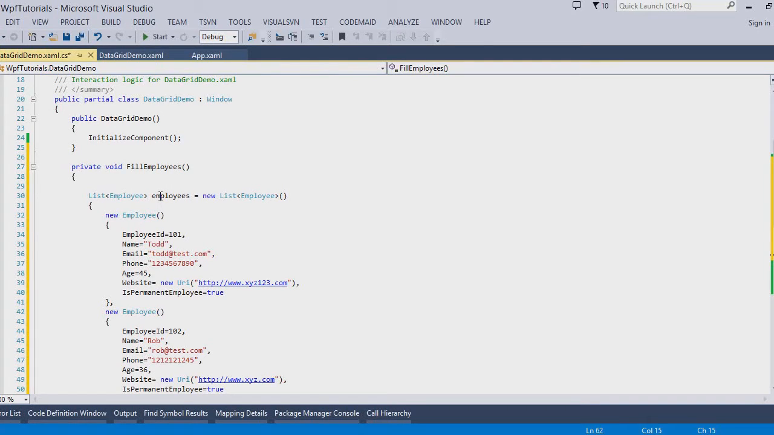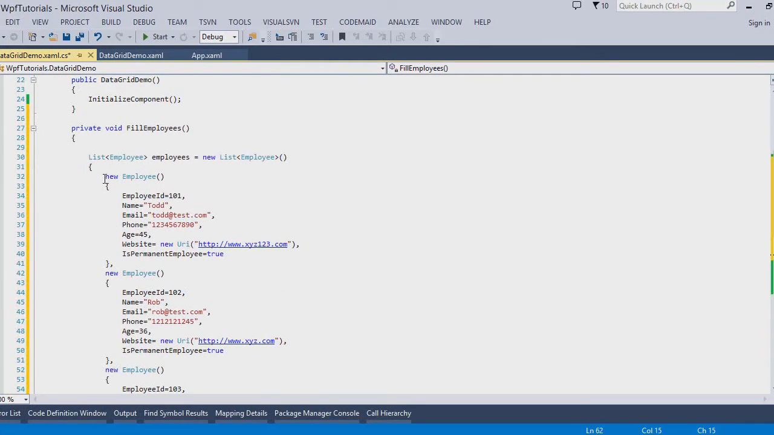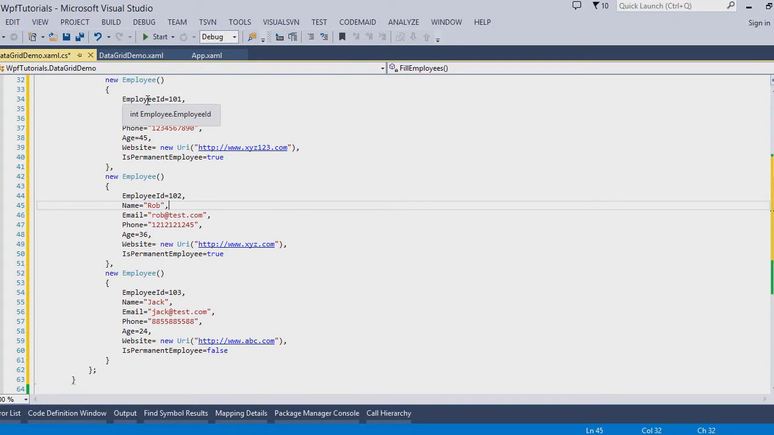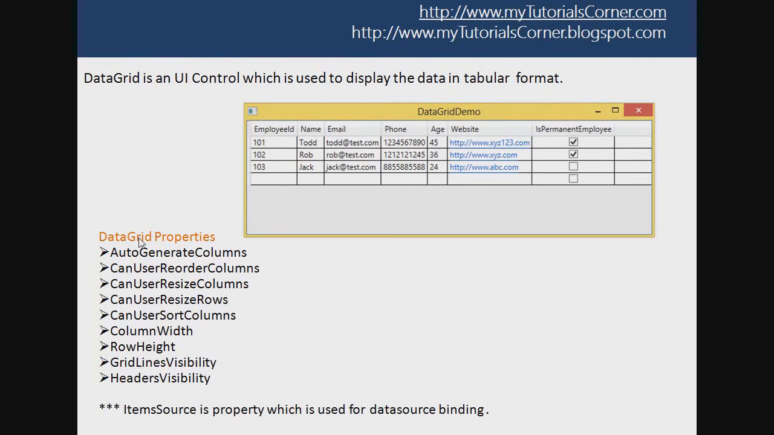This code is basically creating a list of employees. While creating the list, I have added 3 employees here, that is Todd, Rob, and Jack. So these employees have their own different values of the properties. You can see there is employee ID 101, 102, and 103. Similarly, they have different names, email, phone, age, and website. Okay, so let's go to the slide and let's talk about the